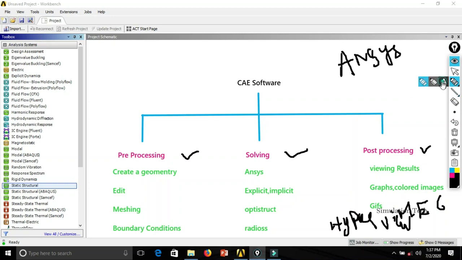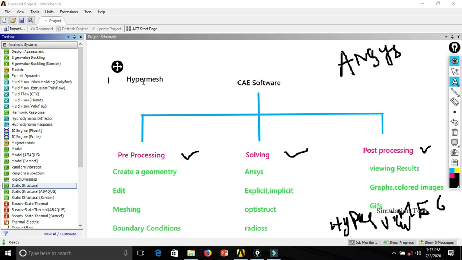Hypermesh itself has a lot of features to create a detailed mesh. Compared to ANSYS, you can go to Hypermesh and do the pre-processing work: creating geometry, editing, meshing, and applying boundary conditions. After that, if you want to obtain the results in ANSYS, that is also possible. You can come to ANSYS and solve the solver file.